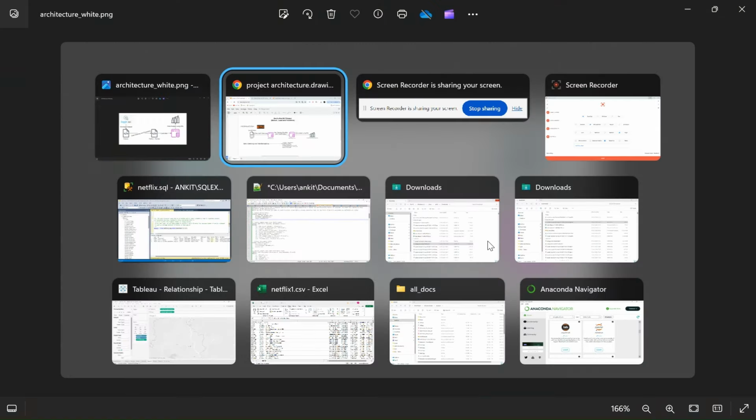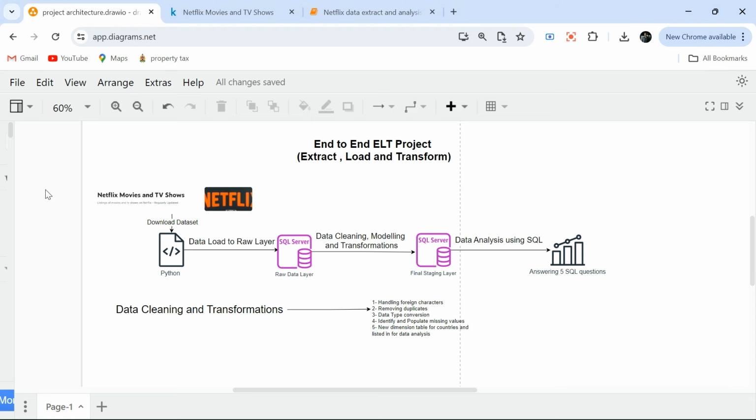Now today we are going to do ELT. ELT means we will use Python just to extract the data, right? We are not going to do any pre-processing or anything. We will directly load raw data into SQL Server, and all the data cleaning, data modeling, transformation we will do in SQL itself, right? We will make use of Python to do some analysis, but all the transformation and cleaning we